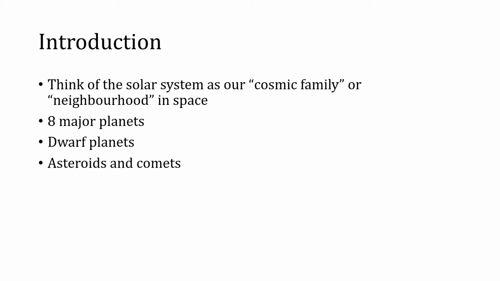Some of the highlights of the things that are within our solar system include the 8 major planets. Some of you might argue that that number should be 9, but we're going to talk about that later on in this lesson, I promise. But however you'd like to say it, 8 or 9, major planets, as well as some dwarf planets, which have of course been at the forefront of astronomy news for the general public. Maybe not so much these days, but 10, 15 years ago it was a huge deal. And then obviously lots of asteroids and comets that